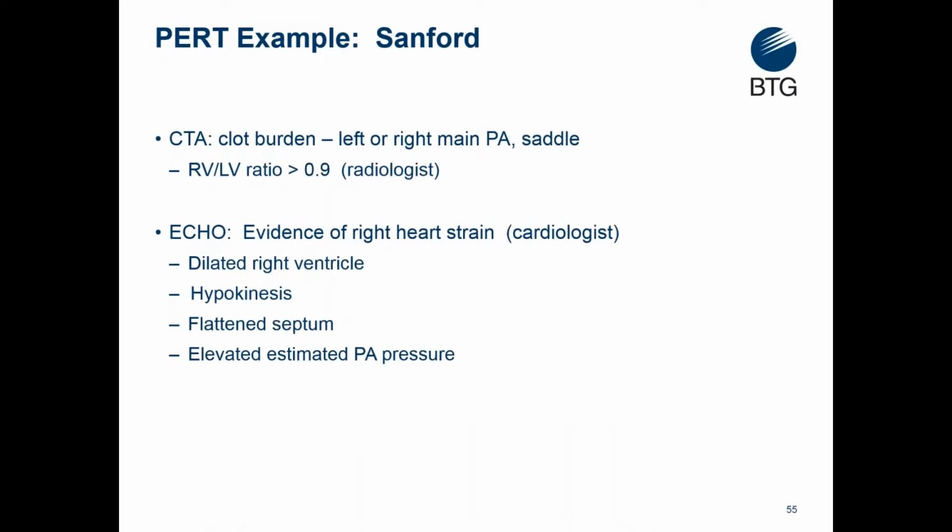Then look at the CT. What's the clot burden? I like to see that clot burden go to at least a main pulmonary artery. It doesn't have to be a true saddle. Sometimes a one-sided main pulmonary artery with more obstructive thrombus can be much more detrimental than a so-called saddle, which is more of a stringy saddle going from one side to the other, if you will. We look at that RV-LV ratio over 0.9,